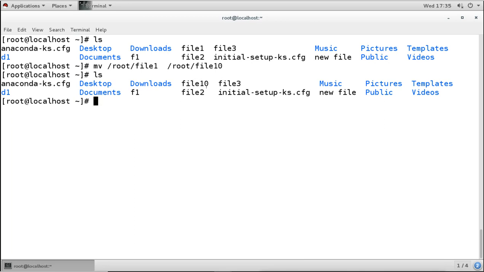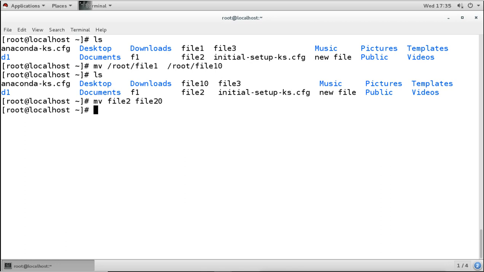I'm not moving files anywhere else. I'm just keeping the file in the same place and using the move command to rename it. If it is in a local path, then it becomes very simple: you just use the move command, then the existing name, for example file 2, and then the new name, file 20.